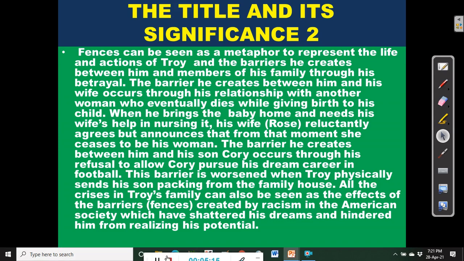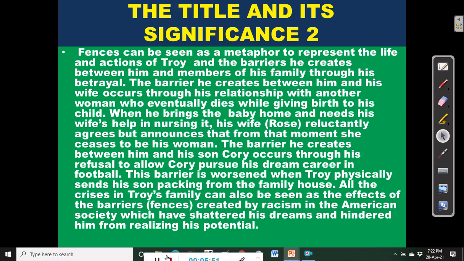All right? All the crises in Troy's family can also be seen as the effects of the barriers or fences, if you like, created by racism in the larger American society, which have shattered Troy's dreams and hindered him from realizing his potential. So you can see the significance of the title Fences, and of course, the family